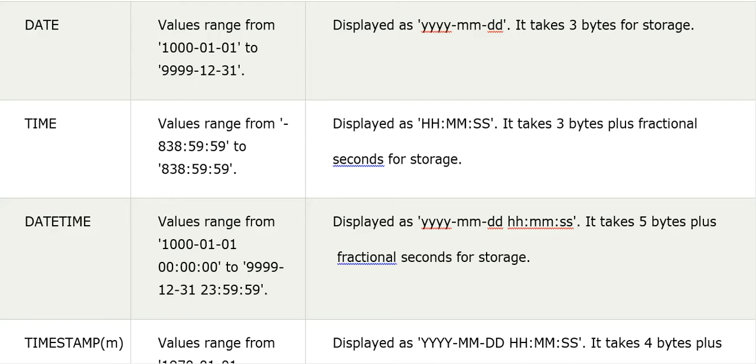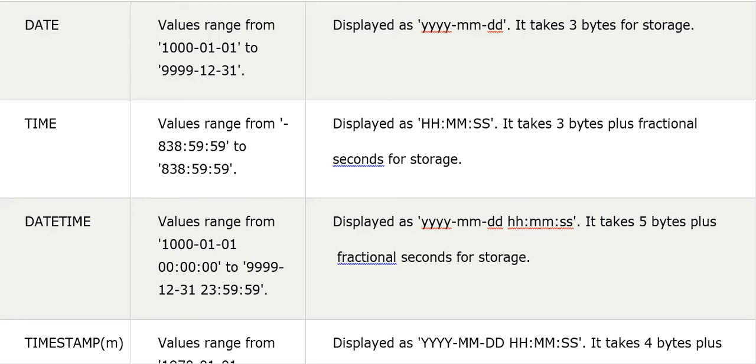Then the next one is DATETIME. The value range is from 1000-01-01 00:00:00 to 9999-12-31 23:59:59. This is the range they are providing over here for date and time.